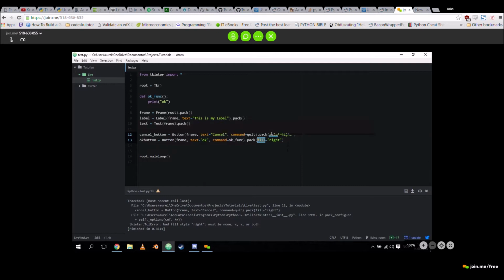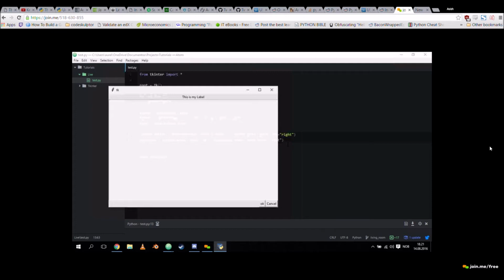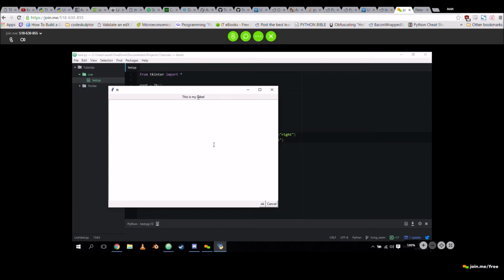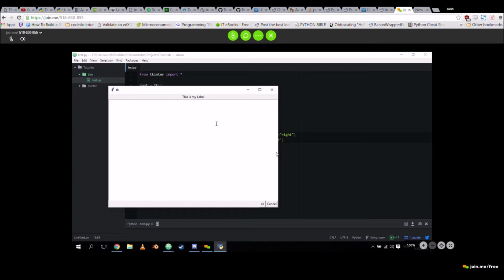Fill comes later. Right side. So now they both take the side in the order of creation. So first the label was created and it wasn't given a side, so it was placed by default in the middle at the top. The text field, same thing, but then the buttons were created and they were packed with a side argument. The cancel went first and the OK went second.